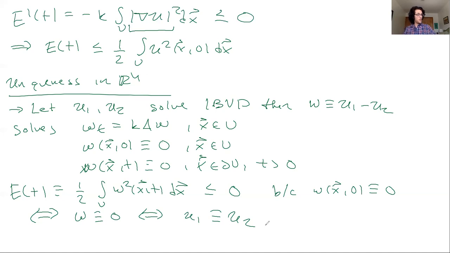So that's the end of the discussion on energy functionals. On Monday, we'll take a little bit of a detour into Fourier transforms, and then we'll start talking about what's called the maximum principle for the heat equation. This is another tool for proving uniqueness, and it also gives some nice solution properties. And then we'll talk about well-posedness and Duhamel's principle. So going into a little bit more detail on tools